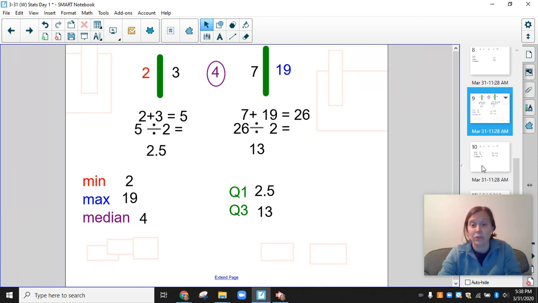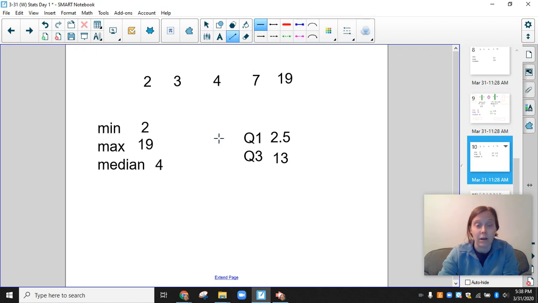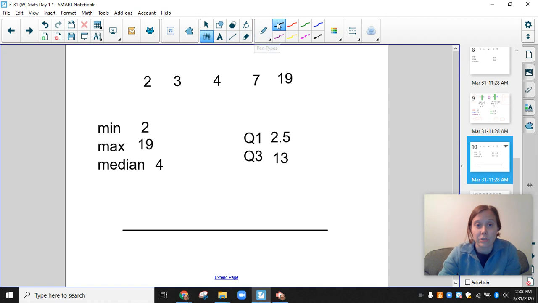The next step is to actually draw it out. So all you have to do is make a line and then start numbering it. So you want the scale to be somewhere between, or bigger and smaller than 2 and 19. So our smallest is going to be 2 and our biggest is 19. So I'm going to count by 5s. So I'm going to go 0,